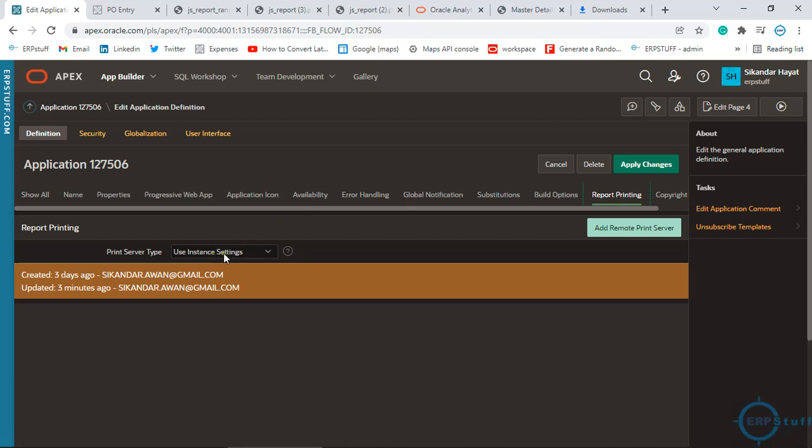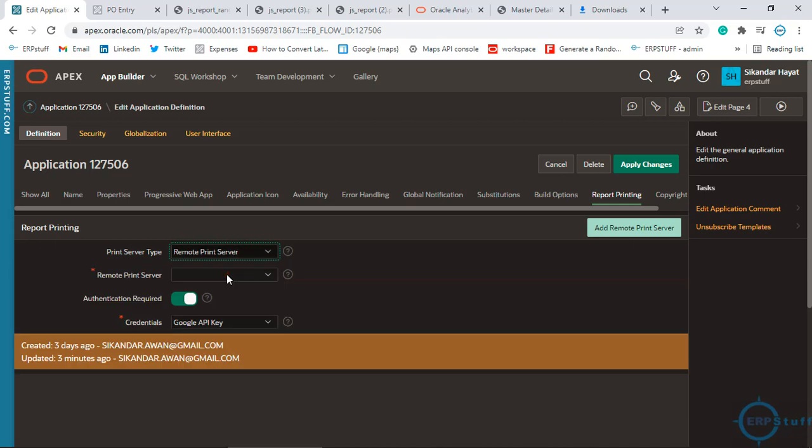Here I am using Oracle instance setting, which are by default by apex.oracle.com. Otherwise, if you have your own server, native will not generate this master detail report using XML publisher. So, you need this remote print server, or you need this instance if you have defined an instance. Here I do not have instance access because this is apex.oracle.com. You have limited access to the instance settings.